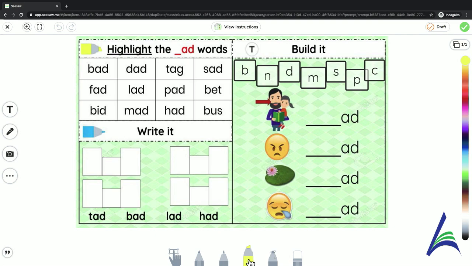When I click on my highlighter, I'm ready to go because all my teacher asked me to do was to highlight the words that end in AD. It's as easy as clicking and highlighting on top of the words. So now your student can work through this